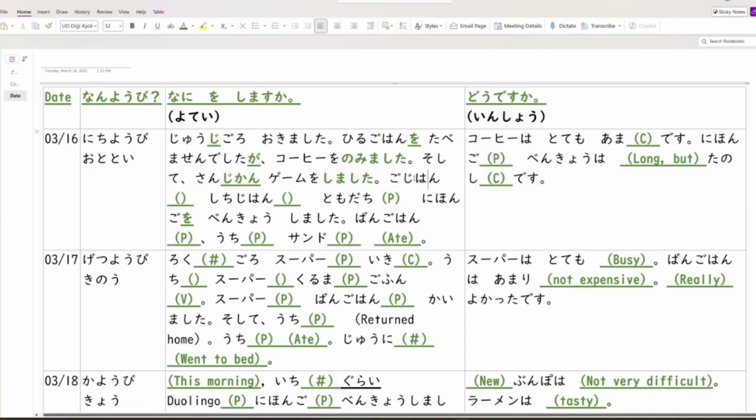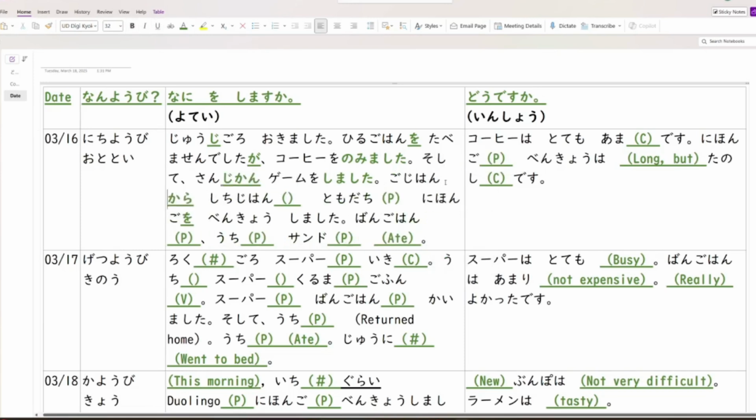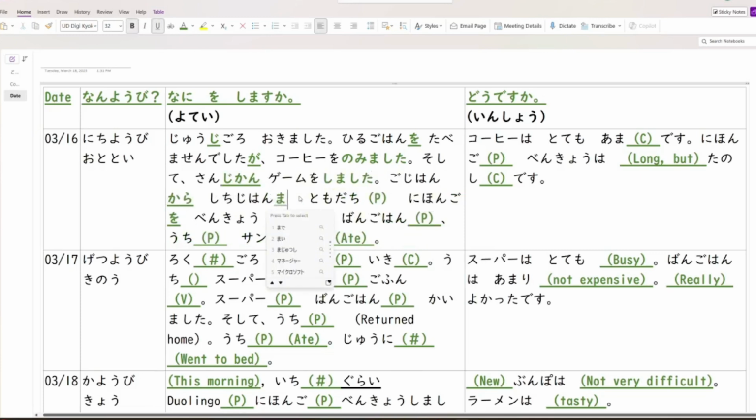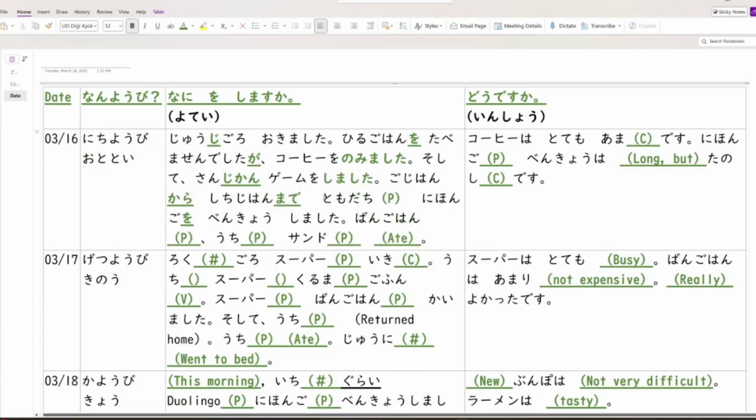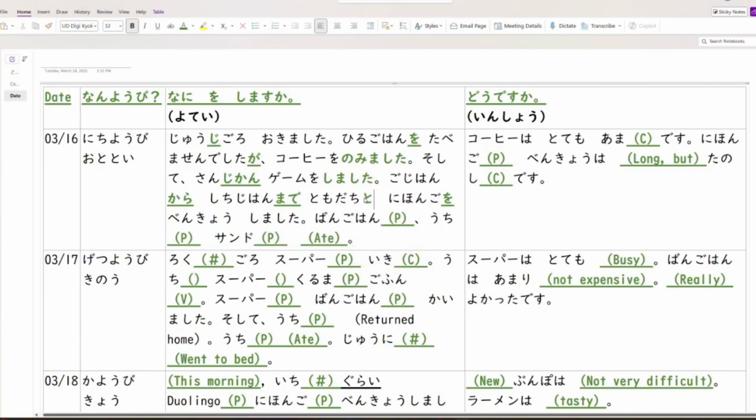Goji kara shichi. 5時 Goji han はい。 kara はい。 shichi jihan made はい。 tomodachi o. I'm guessing, yeah, you said と, for with. はい。はい。そうですね。 Nihongo o benkyou shimashita. そうですね。5時半から7時半まで友達と日本語を勉強しました。 次。